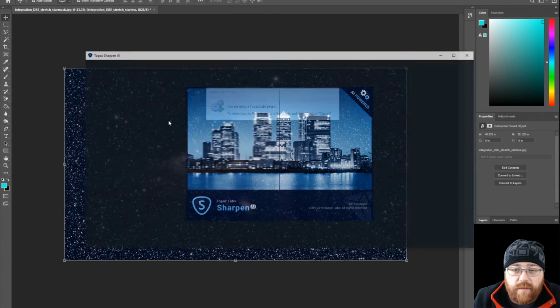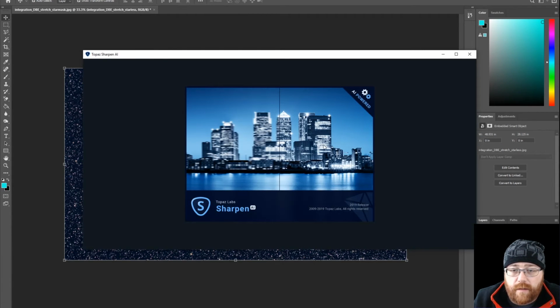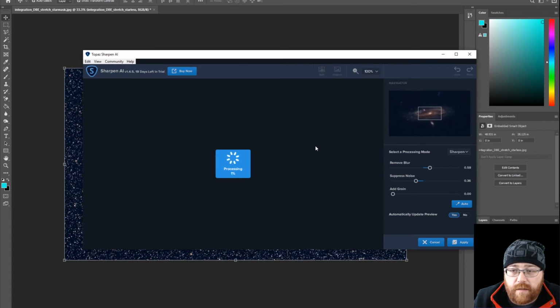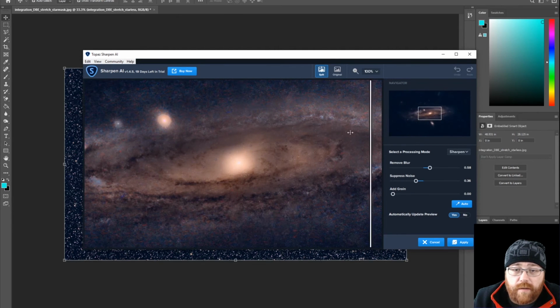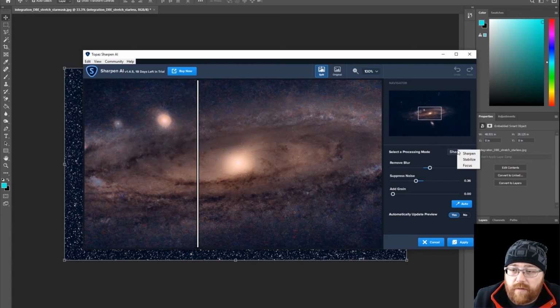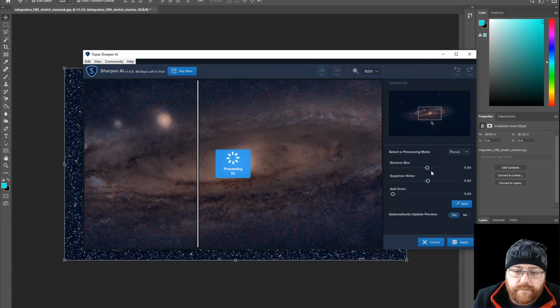And this one here is sort of a neat one. Sometimes it works, sometimes it doesn't. As we wait. There we go. So you can sort of see here, we're sharpening up our detail. Now there's a couple different ways of doing it. I'm going to pick focus, because that's really what we're trying to do, is just get a little bit better focus, because